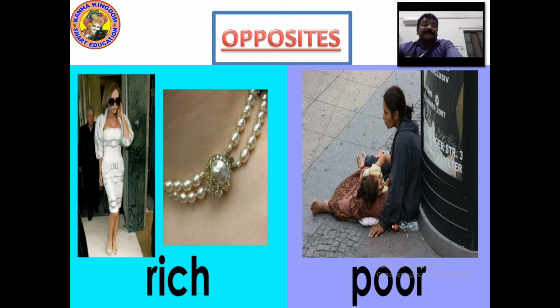What is the opposite of rich? Rich is poor. Poor means those who don't have their own house and they are suffering for even one meal. They are poor. They don't have their own house. They are very poor. In other words, they don't have a house, they don't have food, they don't have shelter to stay. Such people are called poor people, those who stay on the roads. Right? Please write this down. Opposite of rich is poor. Opposite of poor is rich.